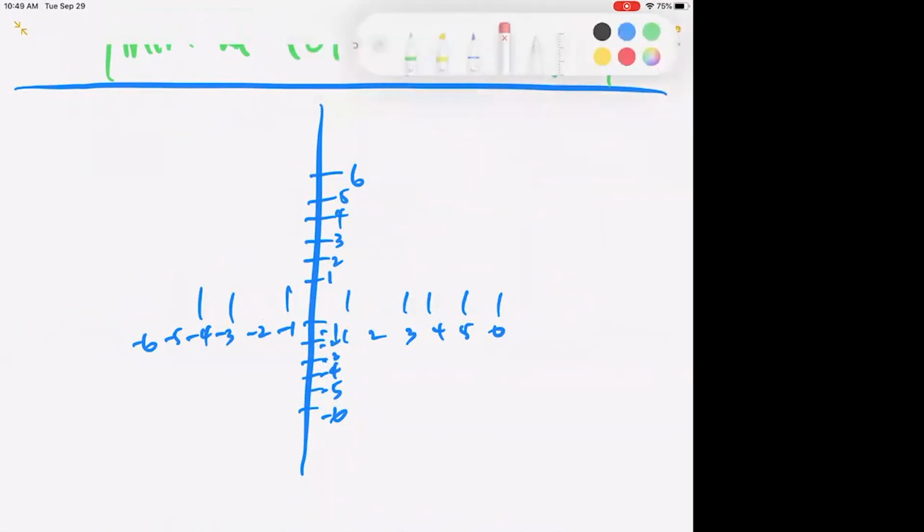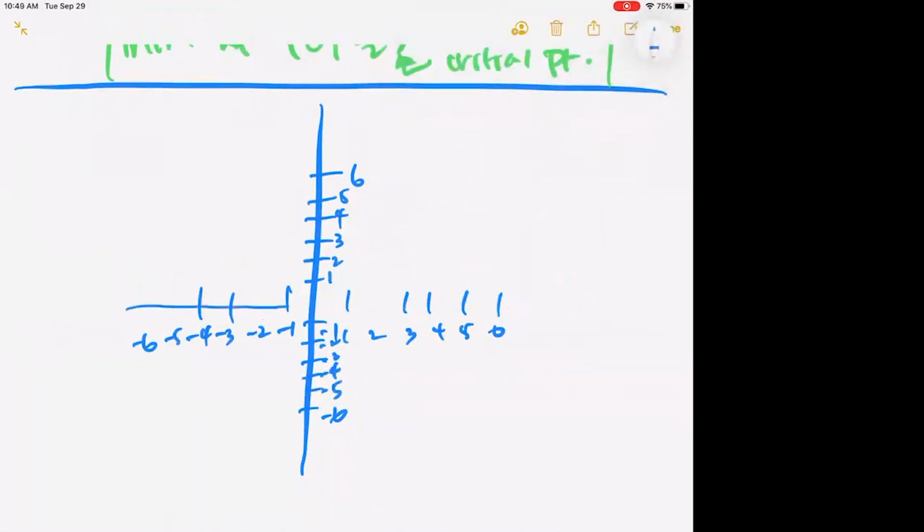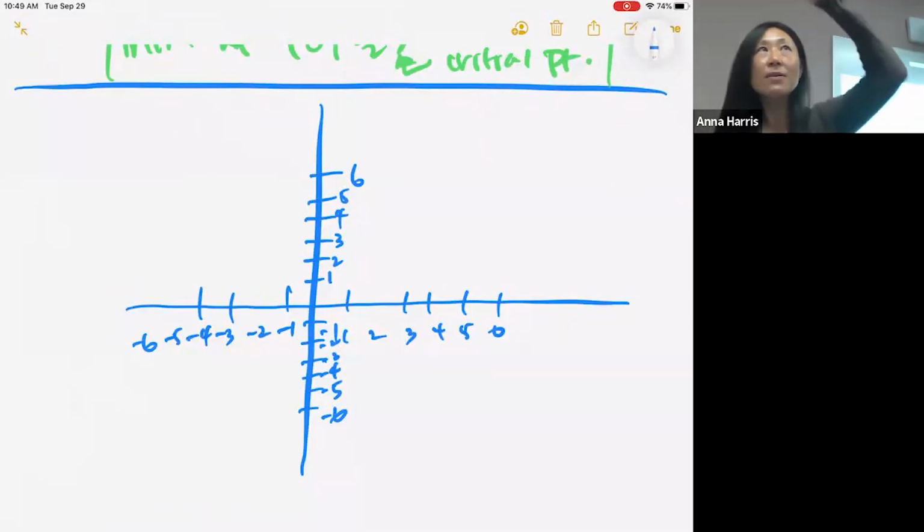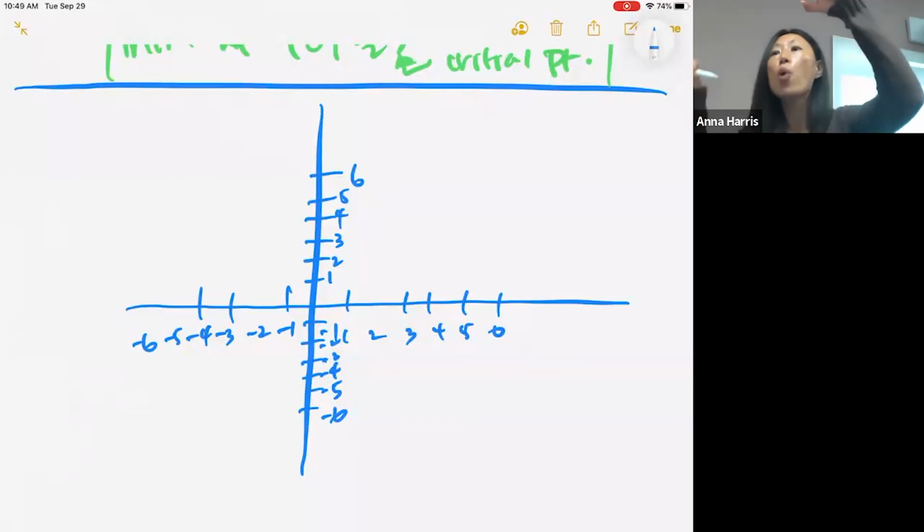Miss Harris. Yes. So the critical point is supposed to be, I mean, not a critical point. The minimum is supposed to be a point. Yeah, minimum is a point. Minimum is a point, maximum is a point. Minimum and maximum is your critical point. Okay, the critical point is your minimum or maximum, but I don't know your critical point is either maximum or